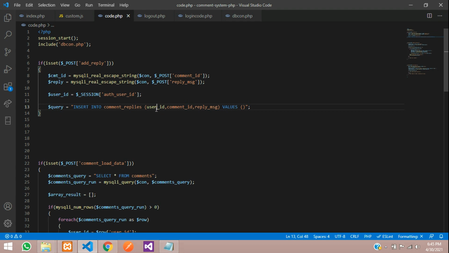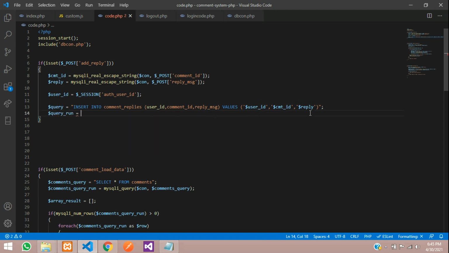First is user ID, so let's take that user ID first and pass that inside single quotes, and again in single quotes you are going to pass the comment ID. Then finally we are going to take that reply message and store that. As simple. So guys, now let's run this query,